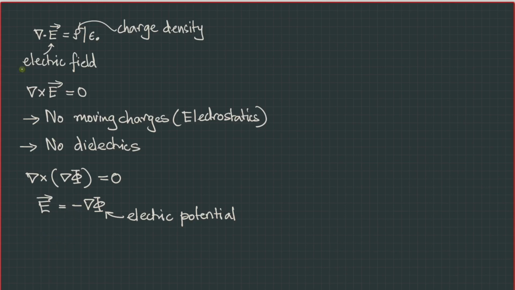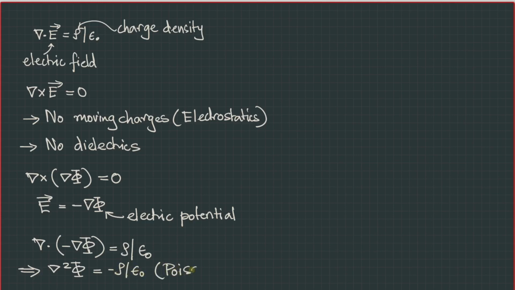So using this in Maxwell's first equation, you can say that the divergence of the gradient of the electric potential is this, and this can be simplified to give us a second order differential equation, which we call Poisson's equation. This operator is called the Laplacian,